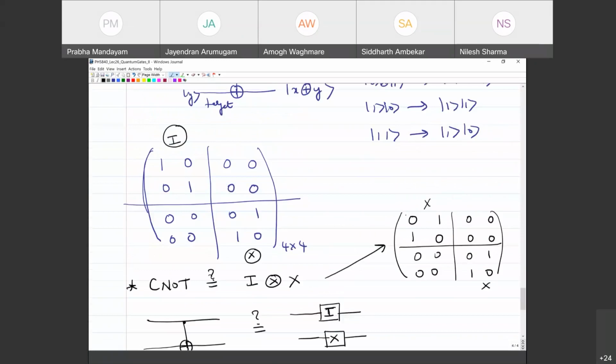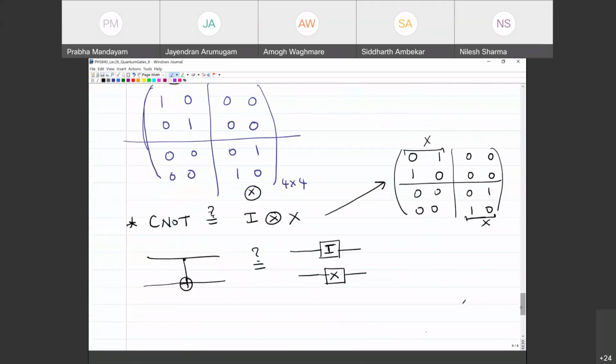Now this is a very important statement actually, that the C0 is doing a controlled X operation, but it is obviously not decomposable as identity on one qubit and X on the other qubit, right? So this is not true. Okay, this equality does not hold, right? So the C0,